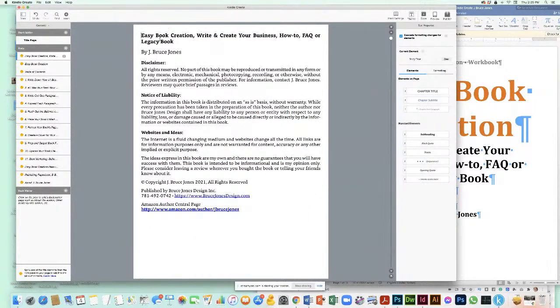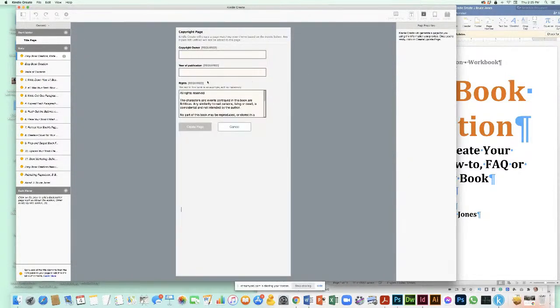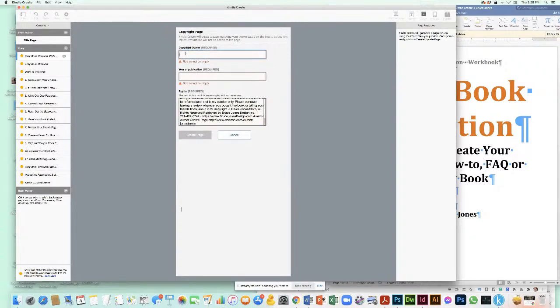The next thing I want to do is put in my copyright and disclaimer information. I'm just going to select all this. I'm going to copy this. I'm going to go to my front matter. I'm going to go to the copyright page, and they give you some sample copyright text. But what I do is I just select it, paste my stuff in there. That's done. I'm the copyright owner, so